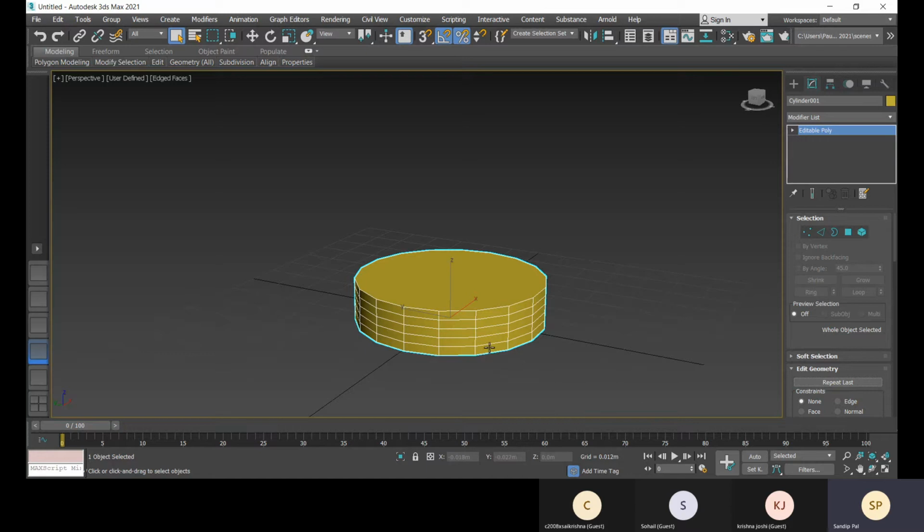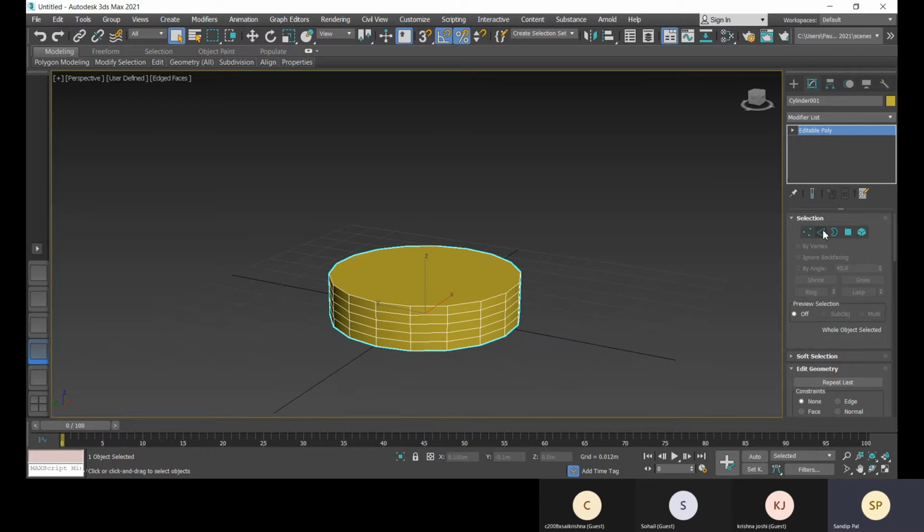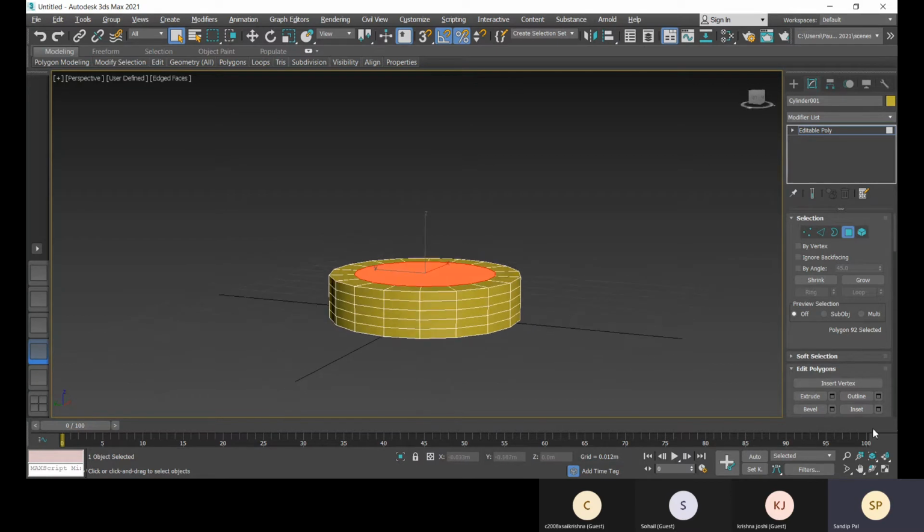Okay, now what I'll do is select this, and next I will insert, and then bevel it.